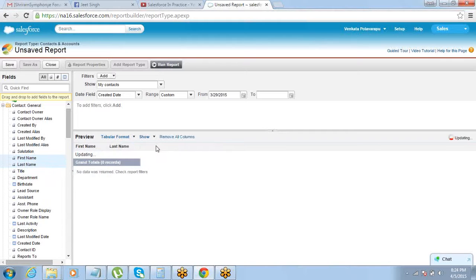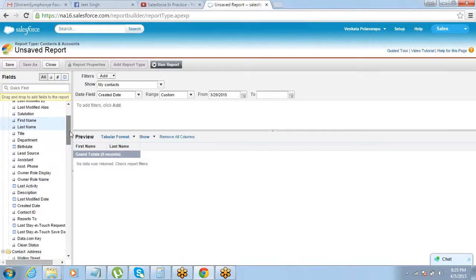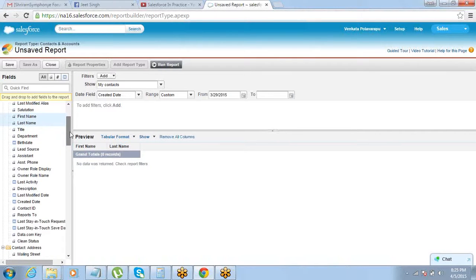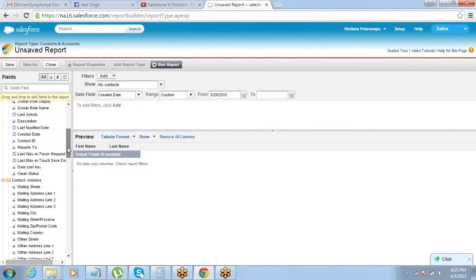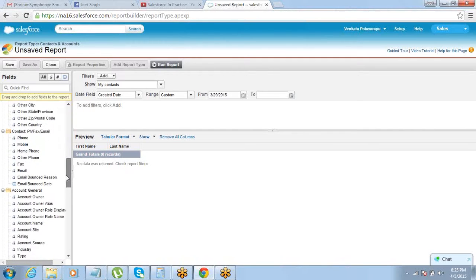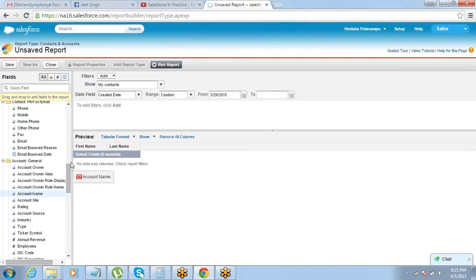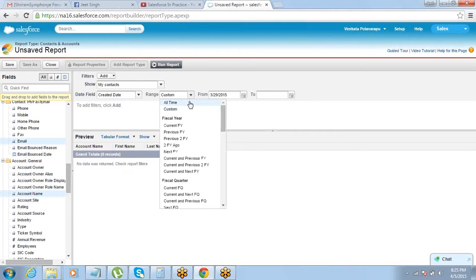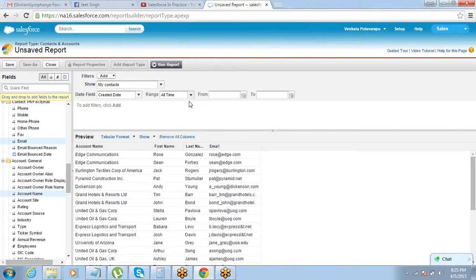First name, last name, account name, email. Okay. So this is one report type, and I have got these fields from this report type. Account, first name, last name, and all these things.